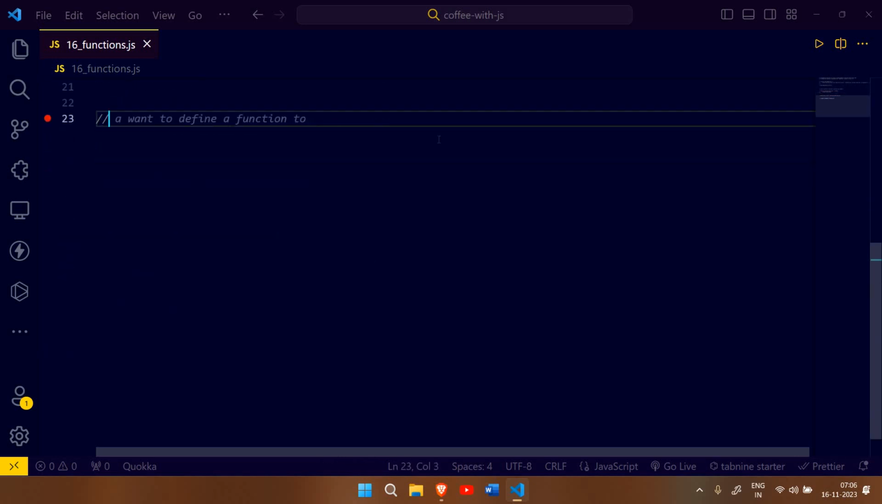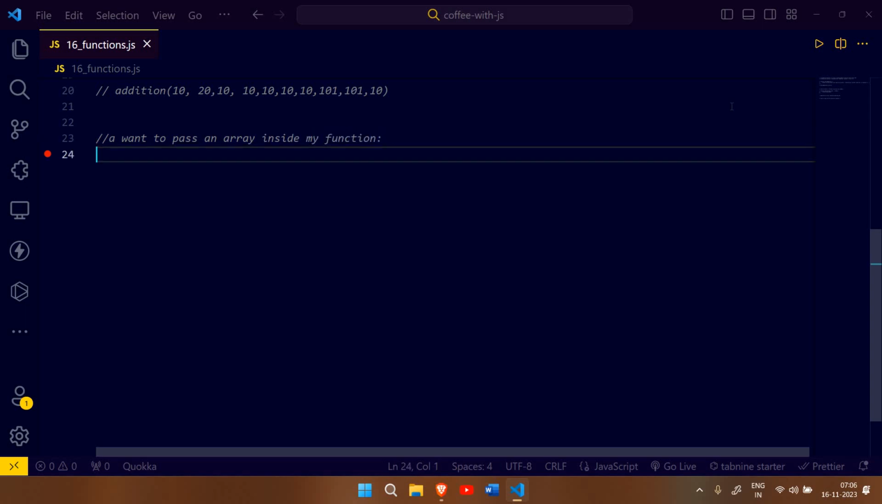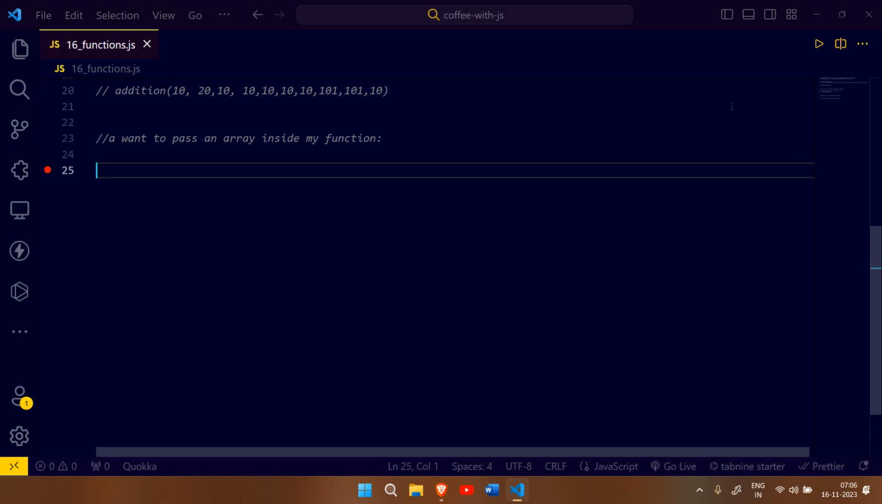What in case I want to pass a complete array inside my function? मेरे फंक्शन के अंदर मुझे पूरा का पूरा एरे पास करना है. सबसे पहले मैं क्या डिक्लेयर करूंगा? एरे डिक्लेयर करूंगा. How do we declare an array? Let's suppose const array is equals to